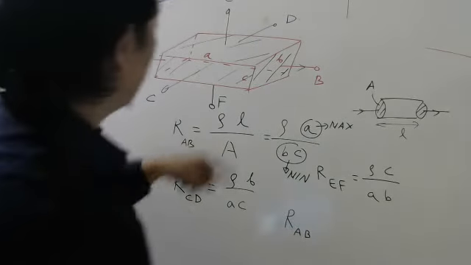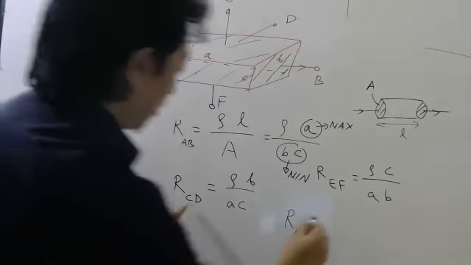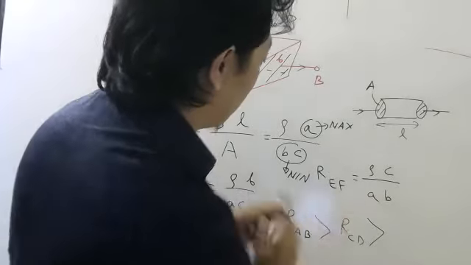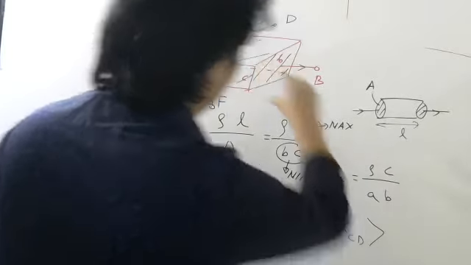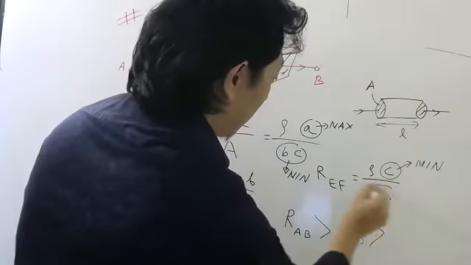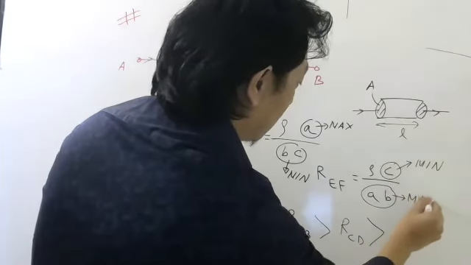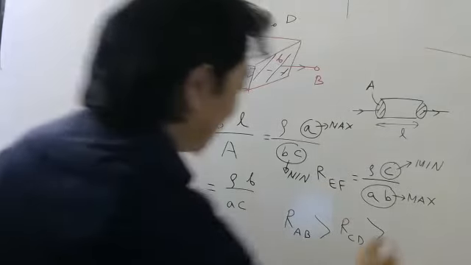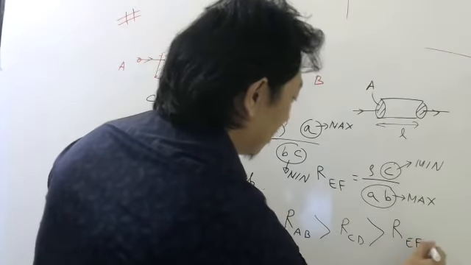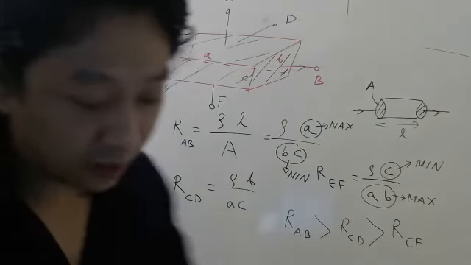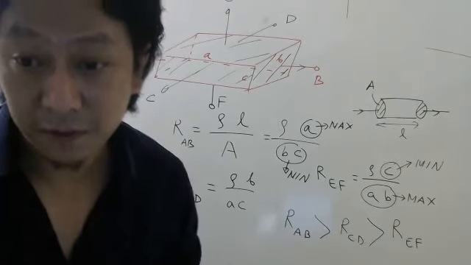Okay. After that, which is the second length, B. So this will be second. So this will be largest. This will be smaller, and this will be smallest. Why will this be smallest? Because see, this length is smallest, minimum, but the area is maximum. So if you divide by maximum and multiply with minimum, the answer will be minimum. So here resistance will be minimum, here resistance will be maximum. All these questions can be there. So make sure you understand carefully.